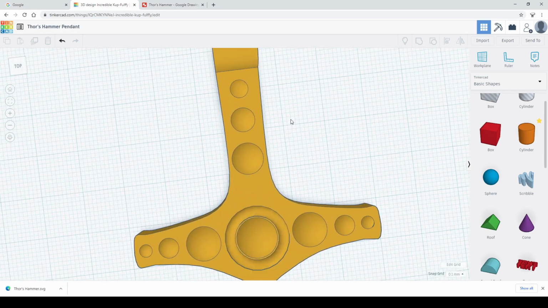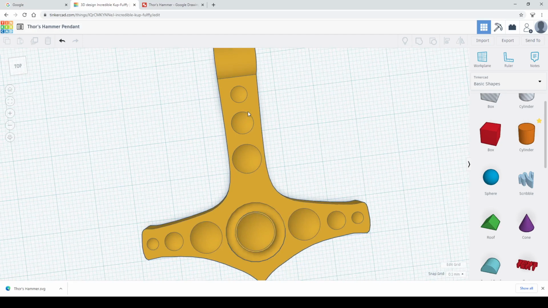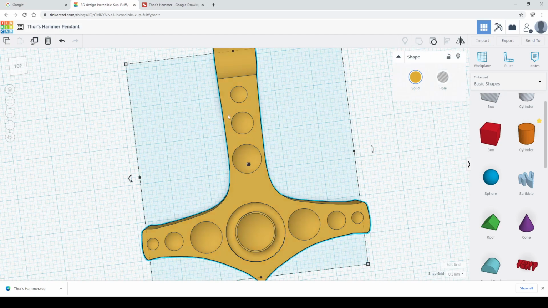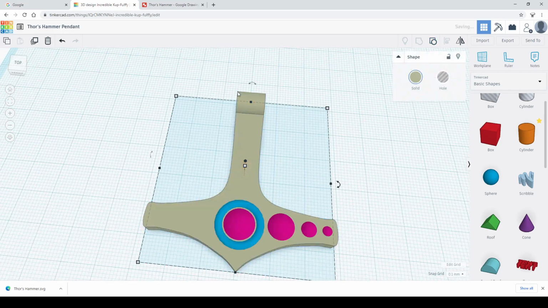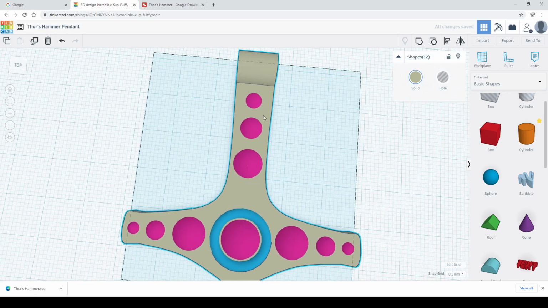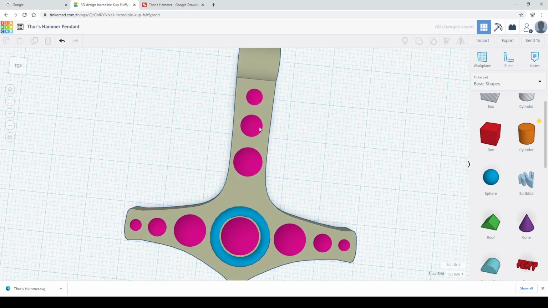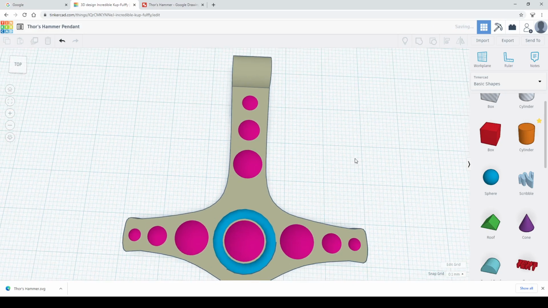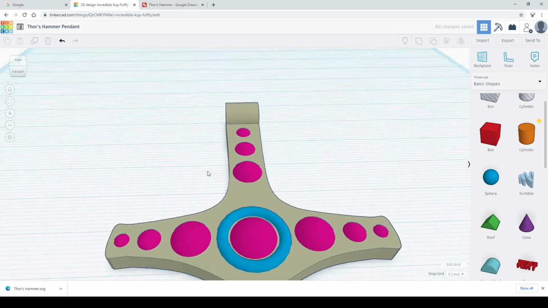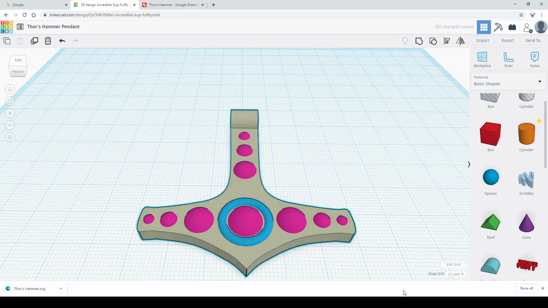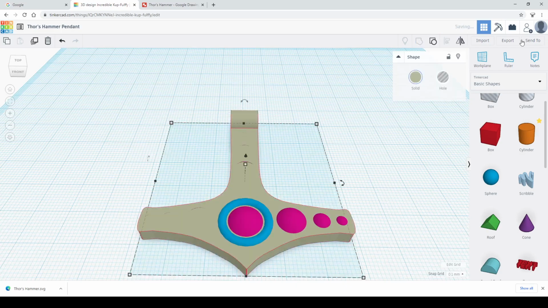It's not perfect, but if you decide that, I've noticed here, this is annoying me a little bit. I think that needs to come down a little bit. You can always ungroup it, so you can ungroup the object and then just make any alterations that you want to do, and add little bits as you see fit. Alright, so that was that step there. You group everything together. You'll then export it